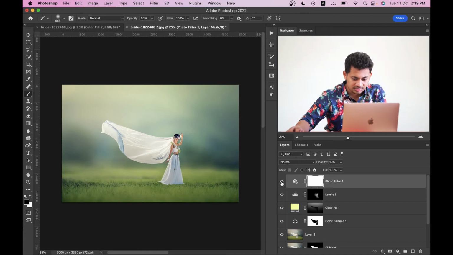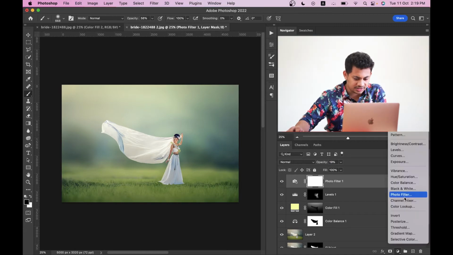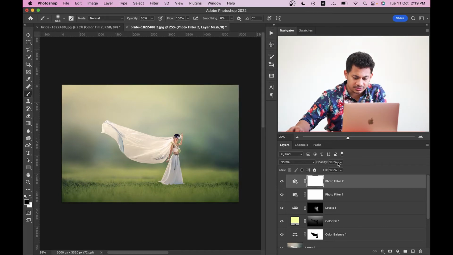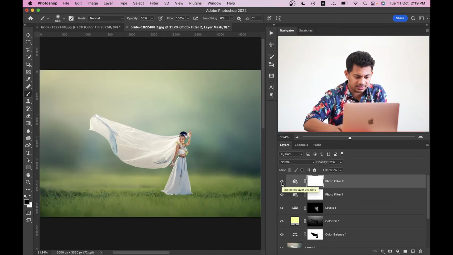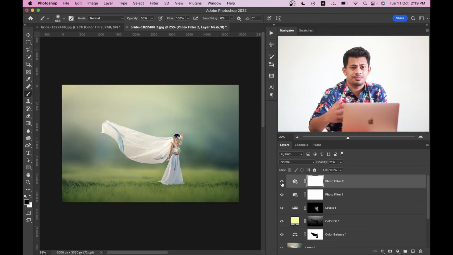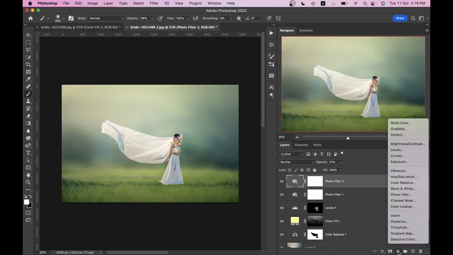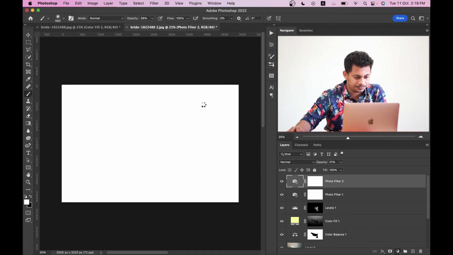But again, let's apply another photo filter. This time warming filter 85 and decrease the opacity around 20%. So look at this. Now I think, yeah, it's fine. Just keep experimenting and find out what is best for you. That's good. Now let's add another solid color layer,